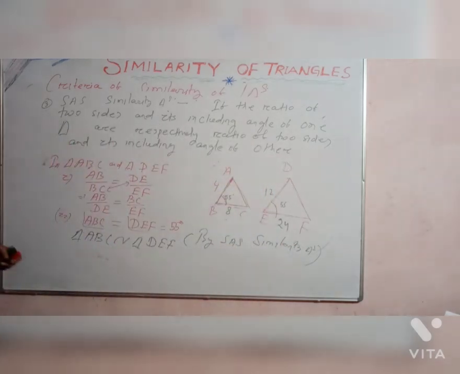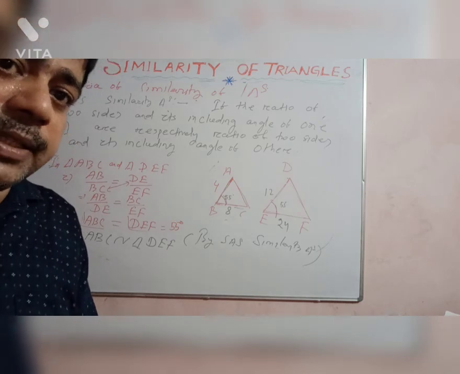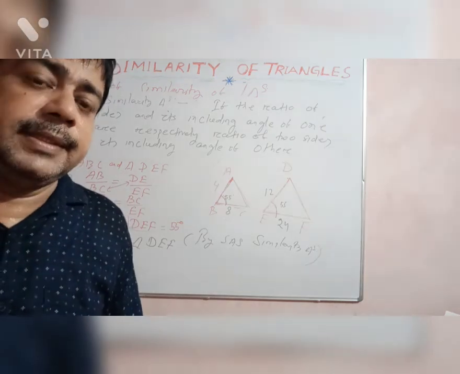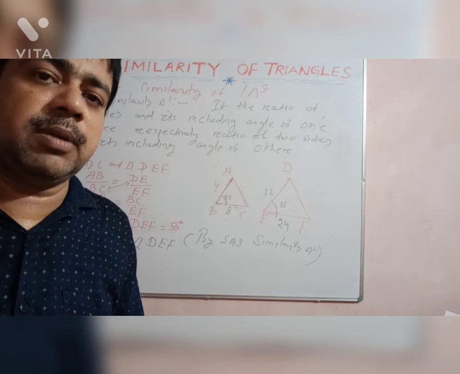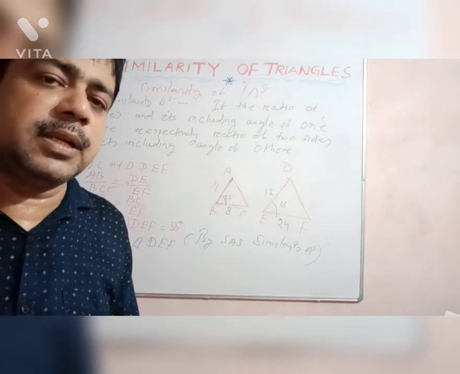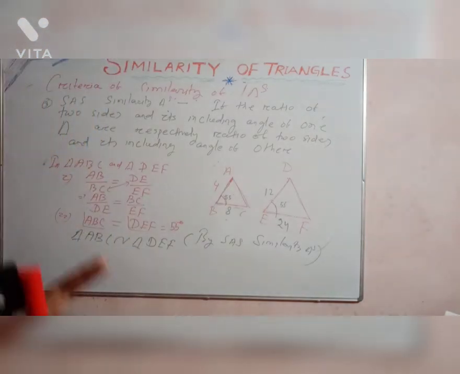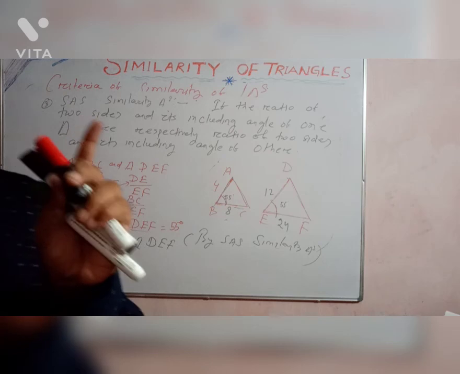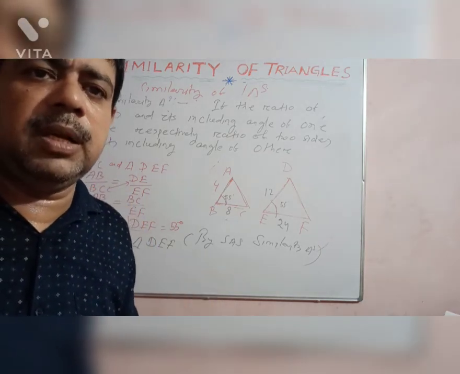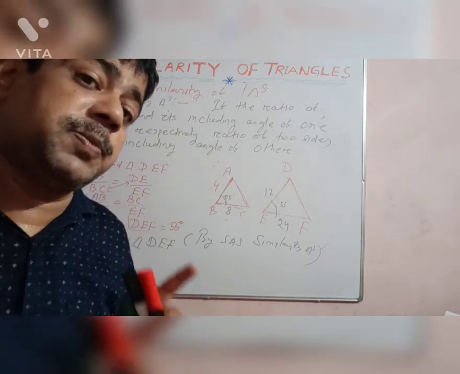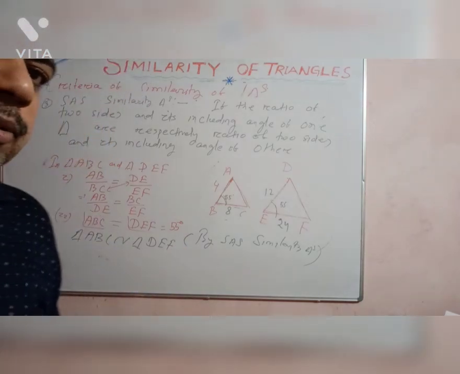So this is how we are giving some introduction regarding the idea and the basic concept of the similarity of triangles. One of the basic things to understand in similar objects is that the ratio of their corresponding parts is always equal. Whatever similar object you take, understand. In the case of similar triangles, the two triangles are similar, the ratio of their corresponding sides is equal, and their corresponding angles are equal.